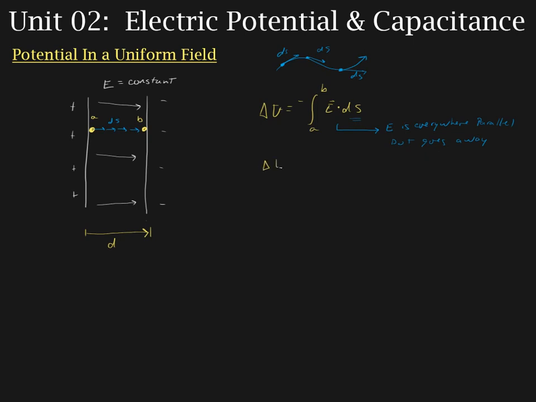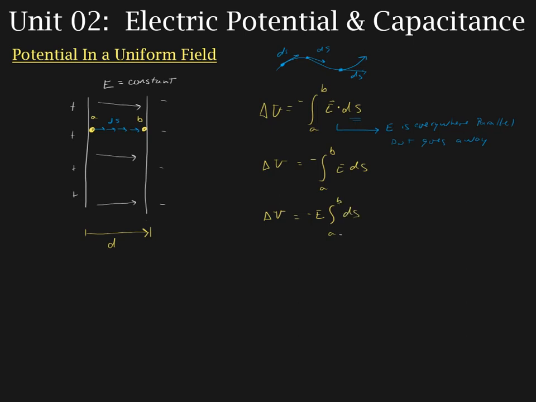So we get delta V is equal to the negative of the integral from A to B of E ds. Now, E is a constant, and when we integrate with respect to the path, nothing's going to happen, so we can pull that out. We get delta V is equal to minus E times the integral from A to B